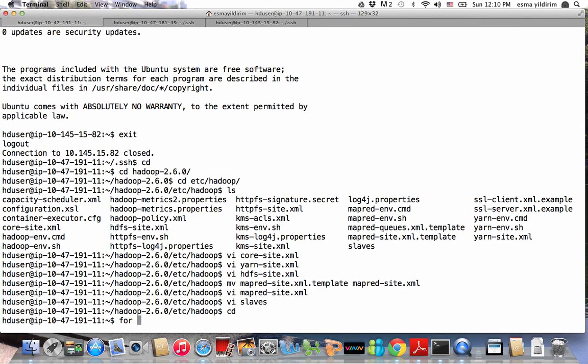Alright, for i in cat /home/hduser/hadoop-2.6.0/etc/hadoop/slaves; do